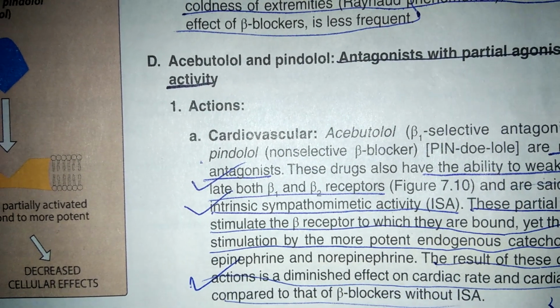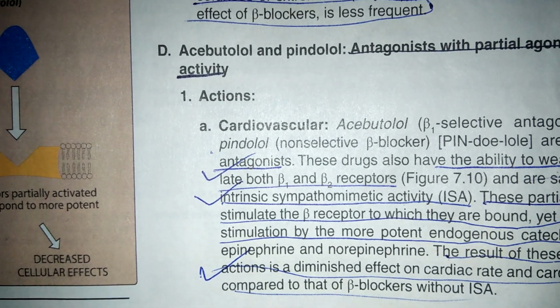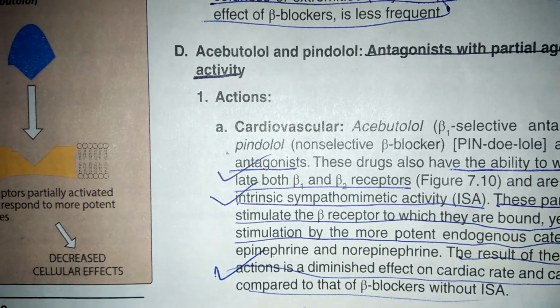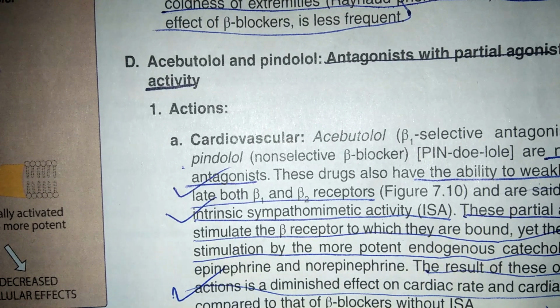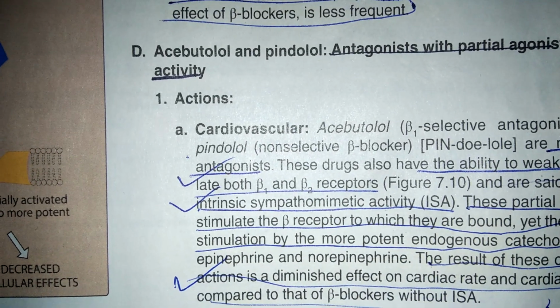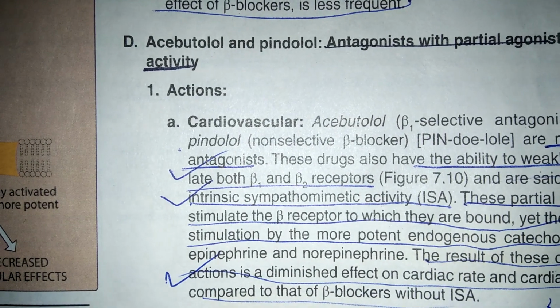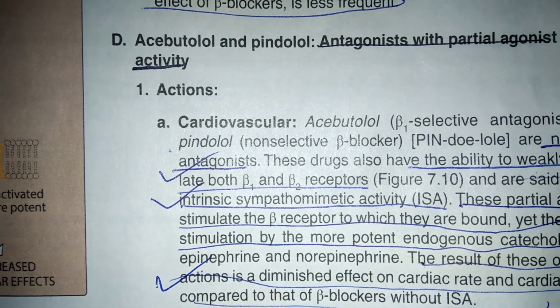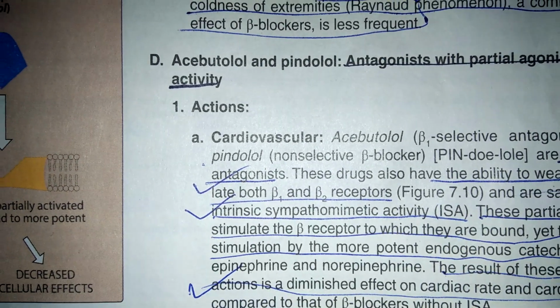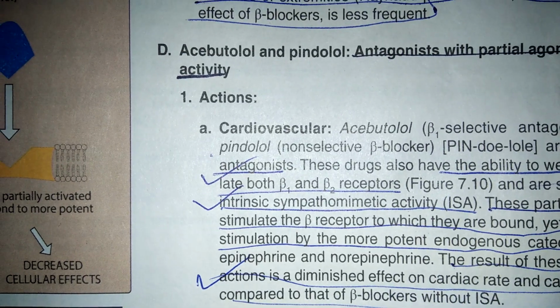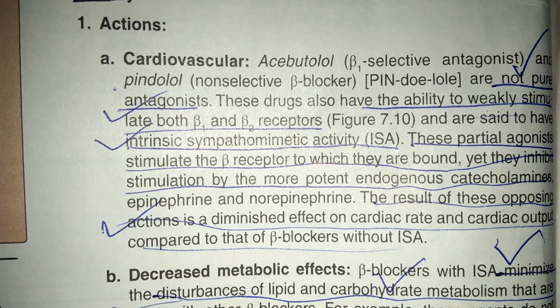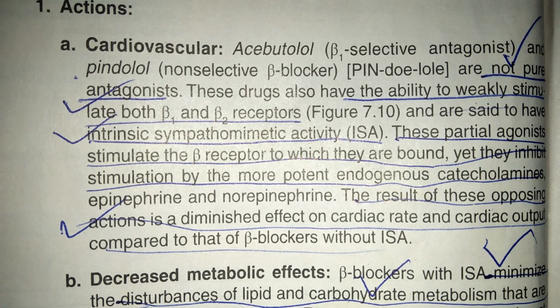Okay, they have partial agonist activity. Therefore, they weakly stimulate beta 1 and beta 2 receptors. And where we can utilize this partial agonist activity is also mentioned over here. You can see they have weak effects on heart rate and cardiac output,